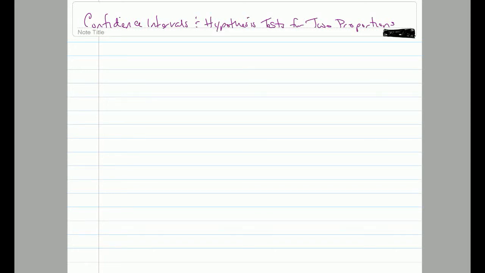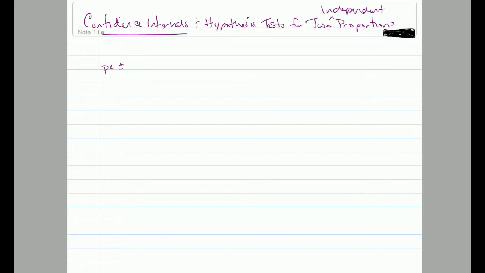This video is about constructing confidence intervals and conducting hypothesis tests for two independent samples proportions. So the proportions we're dealing with are coming from independent samples. Now first, confidence intervals. So these confidence intervals follow the same general form of any other that we deal with